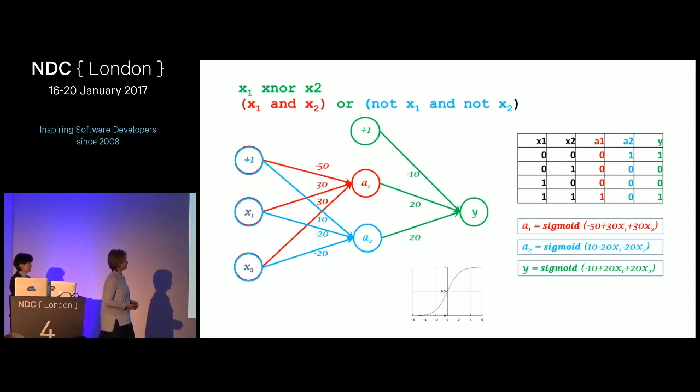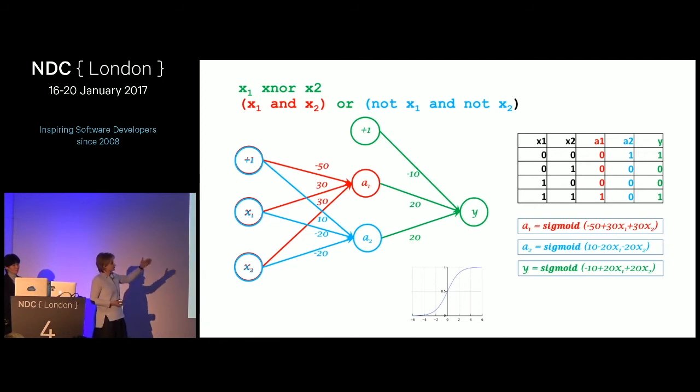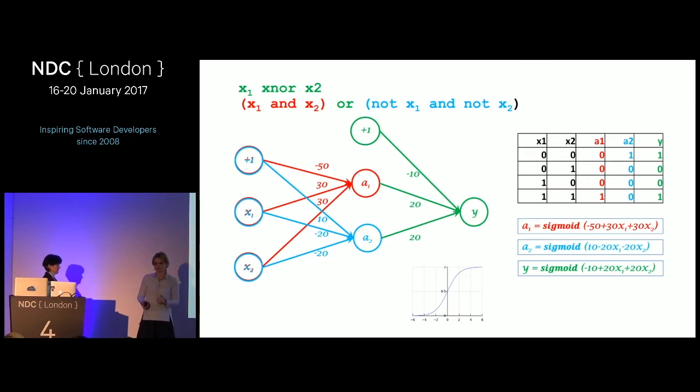So we created a neural net that contains a hidden layer, and that can calculate that nonlinear dependency. And you can see that the neural net is actually propagating that knowledge from the input layer to the output layer. So it kind of learns a hidden layer in this very simple case. So that was the intuition about how it works. And Natalia will give you a tour into a very exciting part of neural networks.